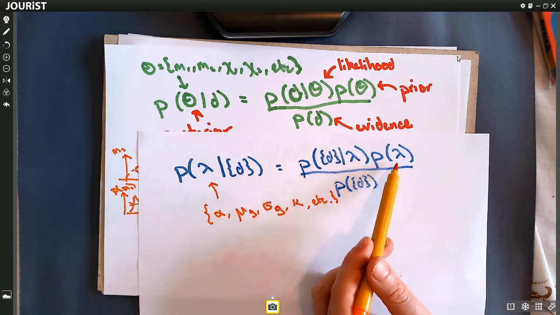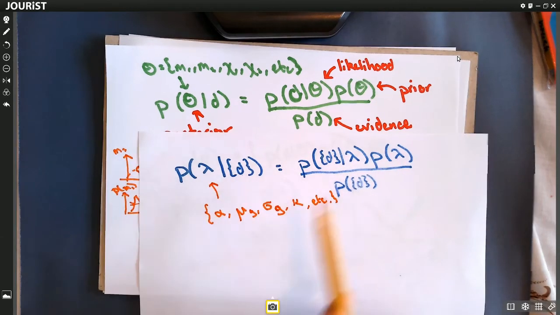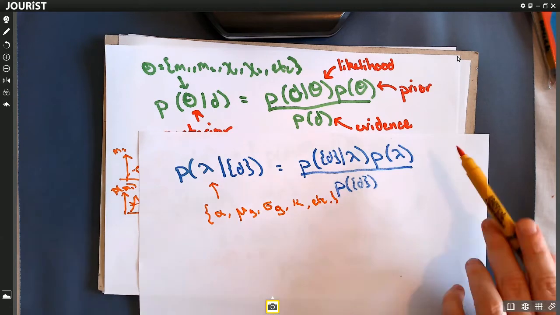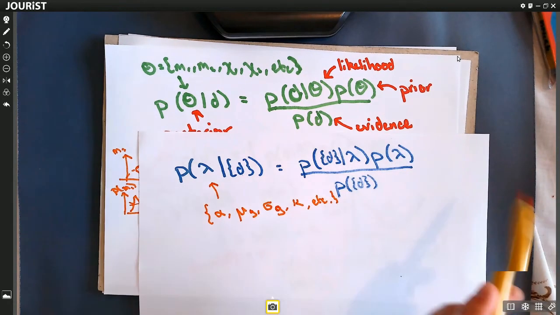Some prior on our hyperparameters. That could be something quite simple, could be a uniform distribution in alpha, say, go for something uninformative, or it could be something which is inspired by astrophysics. So if we assume our Gaussian component represents the pileup of masses due to pulsational pair instability, we know that should be about 35 solar masses or so. So we could put an informed prior, say, it should be 35 plus or minus 10 solar masses or something. Again, prior choice up to the user, but it will affect the interpretation.